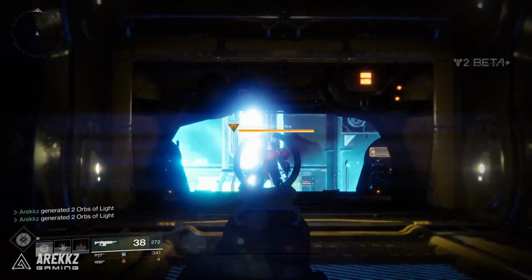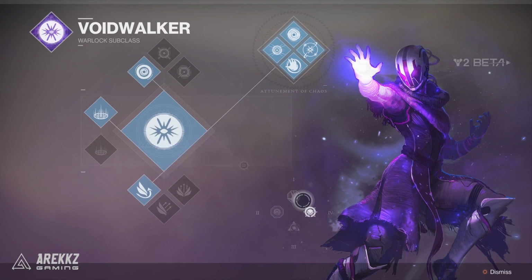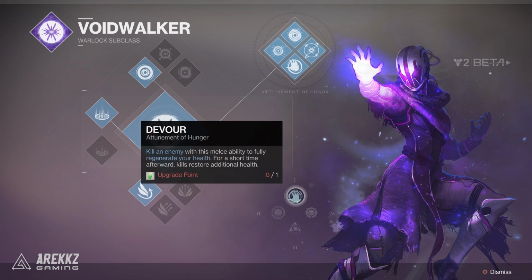So that's pretty cool. However, if you go down the bottom path instead, you have the option for Devour. So you kill an enemy with this melee ability to fully regenerate your health, and for a short time afterwards, kills restore additional health. So not only do you get your full health back if you land a kill, but subsequent kills will then continue to regenerate your health for a little bit of time. Do bear in mind you have to get the melee kill. It's not just a melee attack, but if you do get the kill,